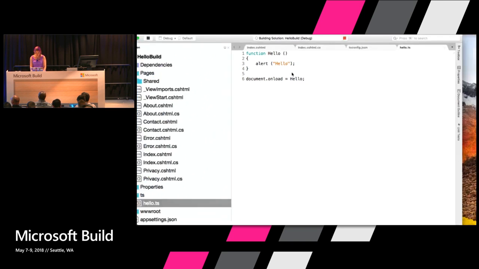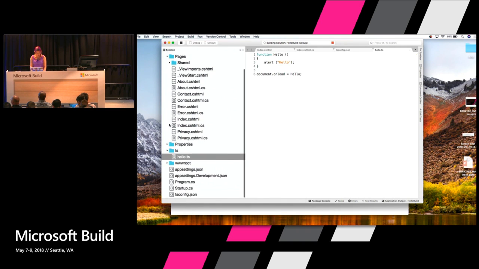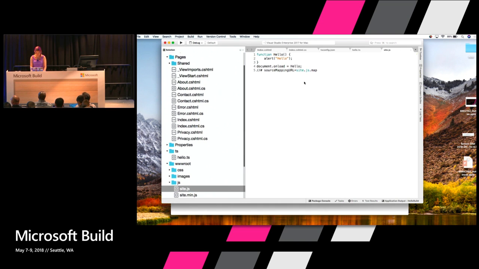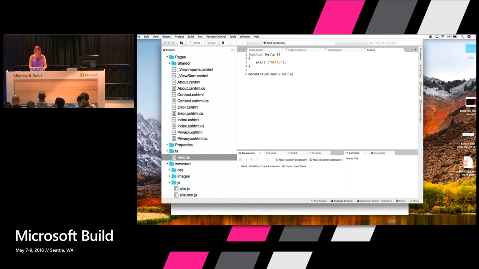And now when I build this, it's going to compile the TypeScript, and that's going to replace the site.ts. So this is the compiled TypeScript. Looks awfully similar to the source TypeScript, because I wasn't really using any of the TypeScript features there because it's so simple. But now when I run this,